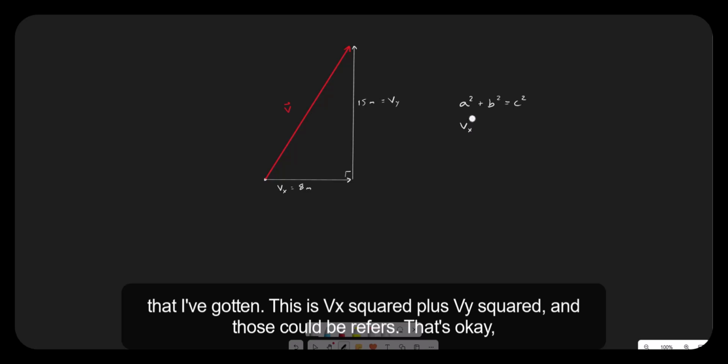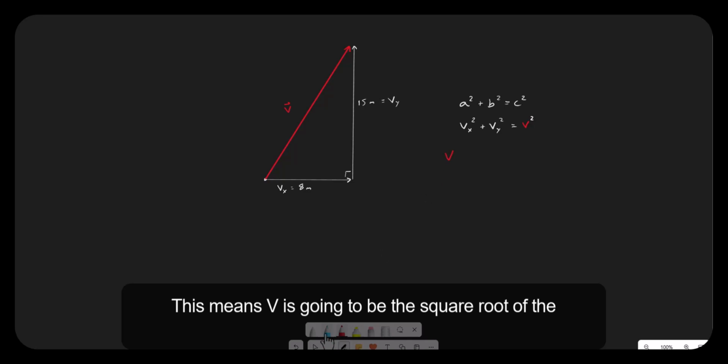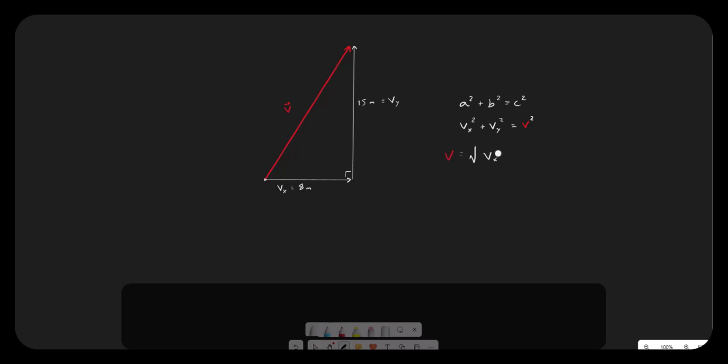This is Vx squared plus Vy squared, and those could be reversed, that's okay, equals V squared. This means V is going to be the square root of Vx squared plus Vy squared,